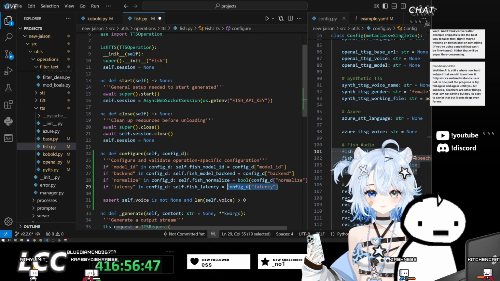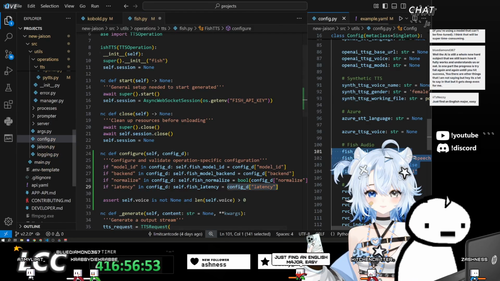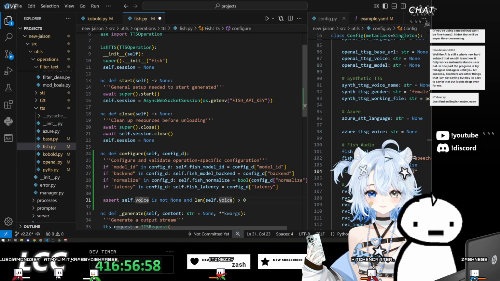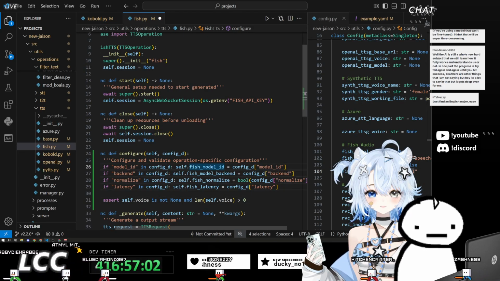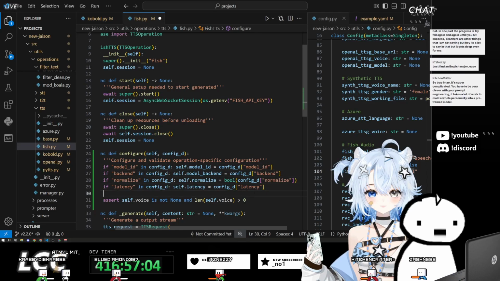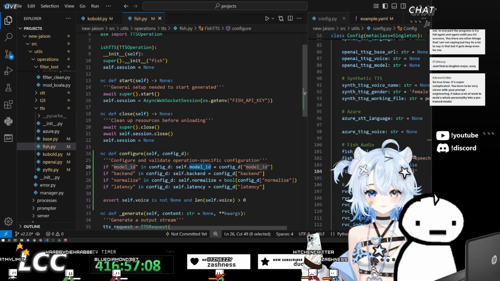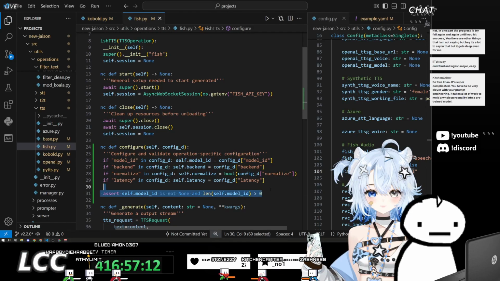This one would need to be checked. Okay, so we need to assert the model ID. This doesn't even need to be fish model ID because we already know that this is for fish. So we just need model ID is not none and the length of that is greater than 0.